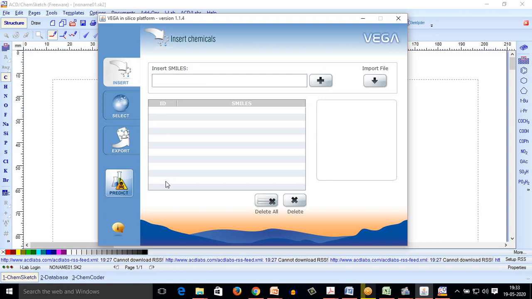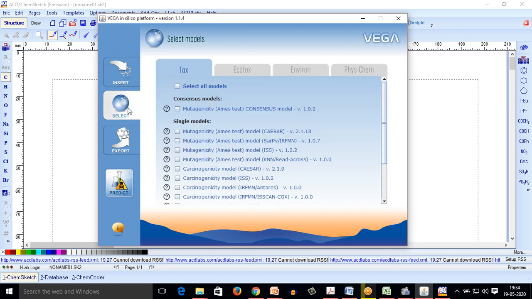Here you can see that there are sections for entering a number of SMILES also, so we can do it simultaneously.